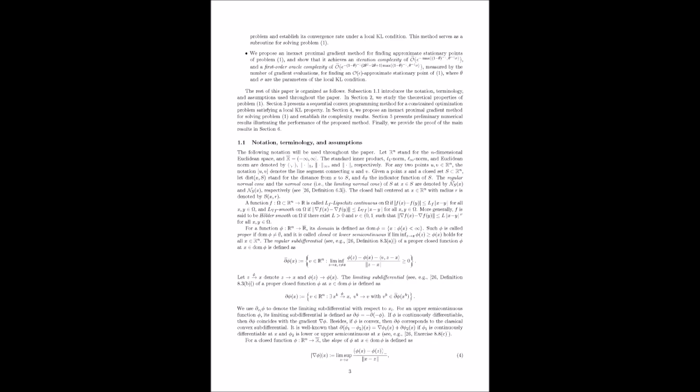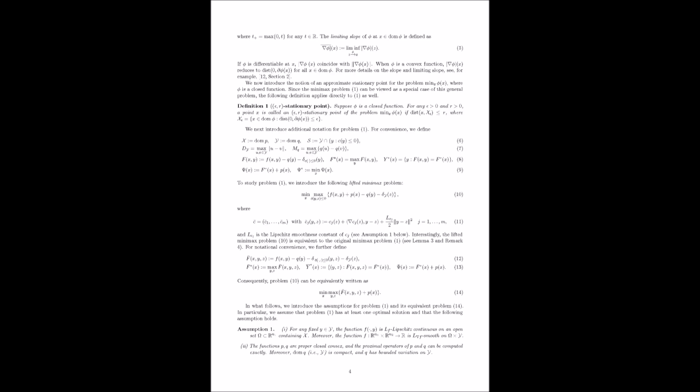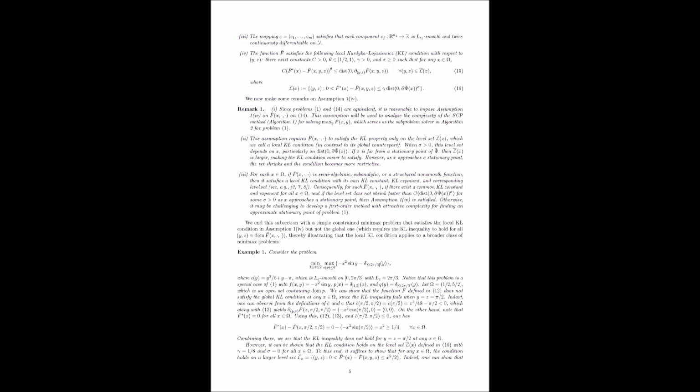The inner product of g_k and x, plus a quadratic term, plus p(x), at x_k. Let's break this down. The first term, the inner product of g_k and x, is the linear approximation using the gradient g_k we just computed. The last term is the simple convex function, like a regularizer or indicator, that we always had. The middle term is the quadratic proximal term for x. Right. This whole expression is a local model of the original outer objective, φ(x) plus p(x), around the point x_k. The gradient g_k, nabla_x f(x_k, y_k), serves as an approximation to the true gradient. And the coefficient is a step size parameter, analogous to the Lipschitz constant in standard proximal gradient.